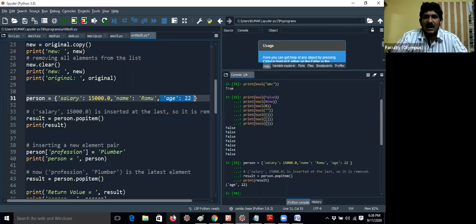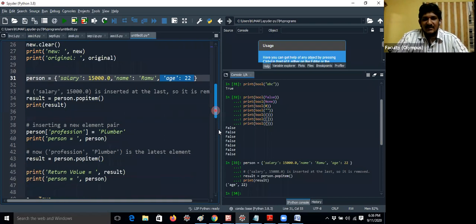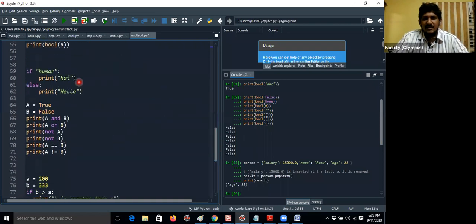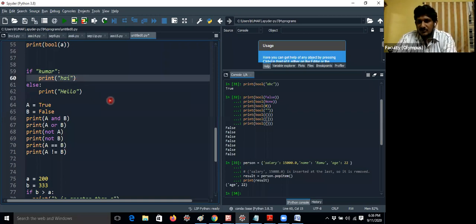Why does it print only hi? I'm just giving a hi message. If you give anything else, you will get that as output. If the condition is true, this block will be executed. If you give any message in this statement, it will give other output, Soumya. If I'm giving good evening, it will print good evening only.